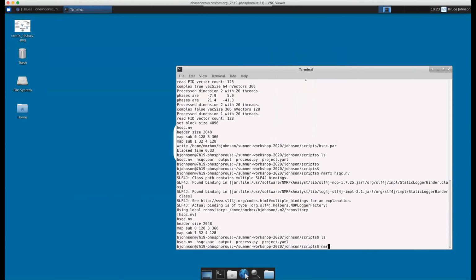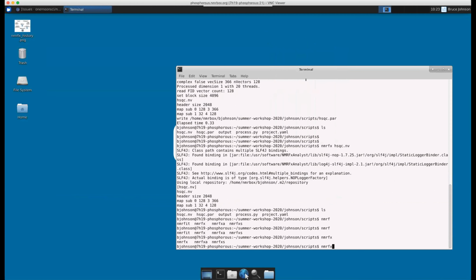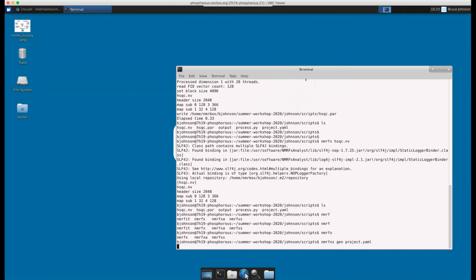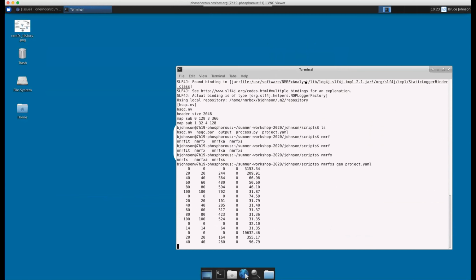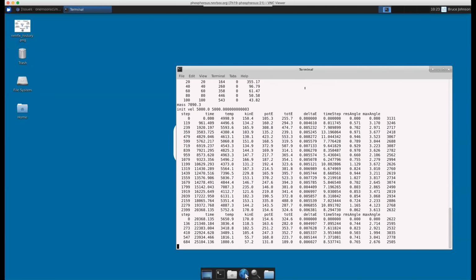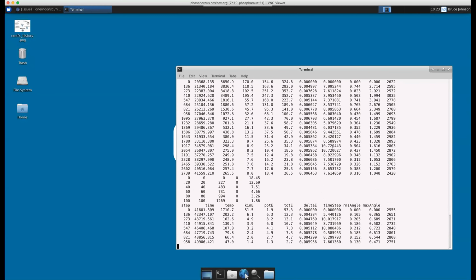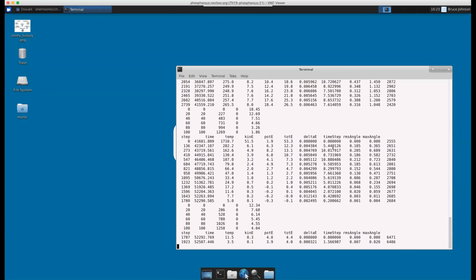So that's nmrfx, the GUI version, nmrfx-A, the analyst version to run scripts in command line, and nmrfx-S is a structure calculation. I can just type nmrfx-S gen project.yaml. We may or may not get to some of these things today, so I'm just giving you a quick overview that these things exist. So there we're doing a quick structure, torsion angle molecular dynamics on a small RNA with just some constraints that set up